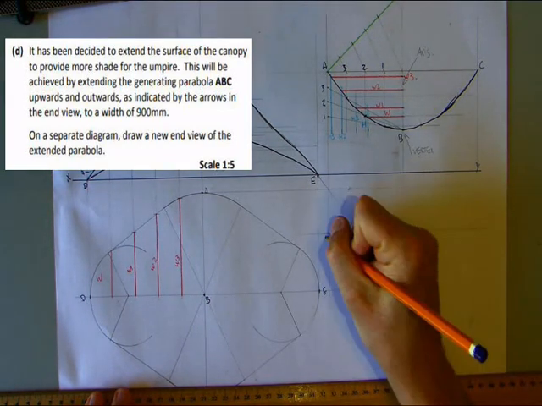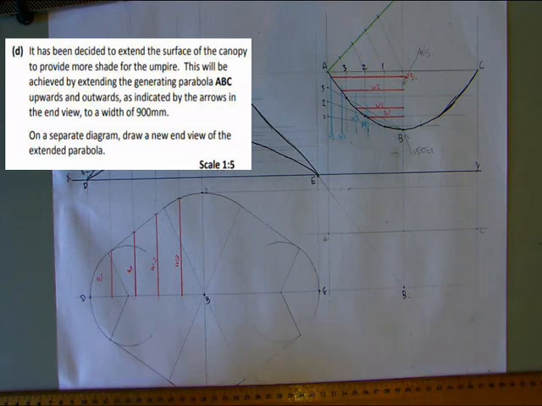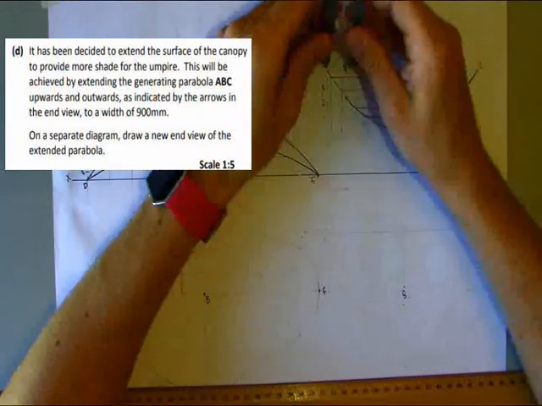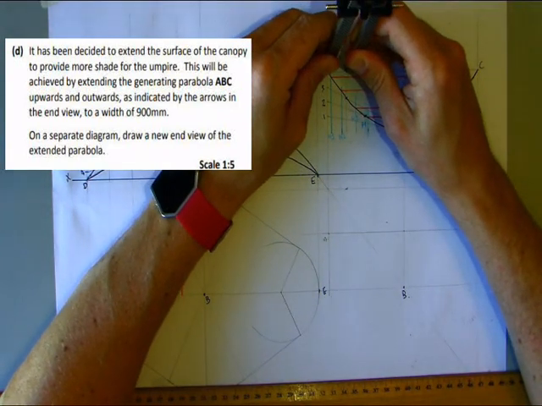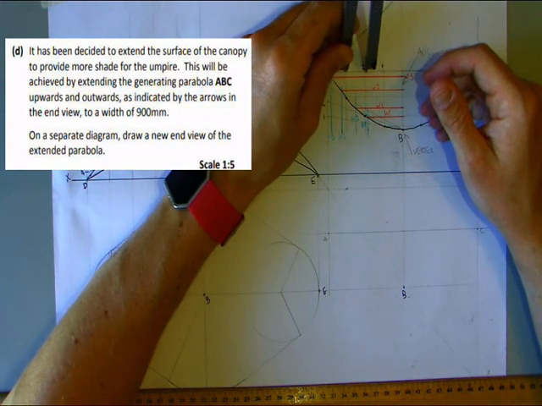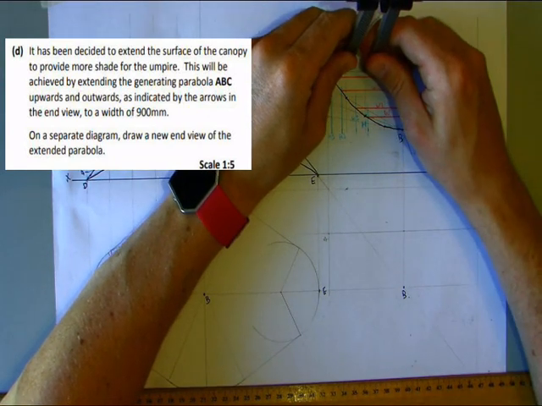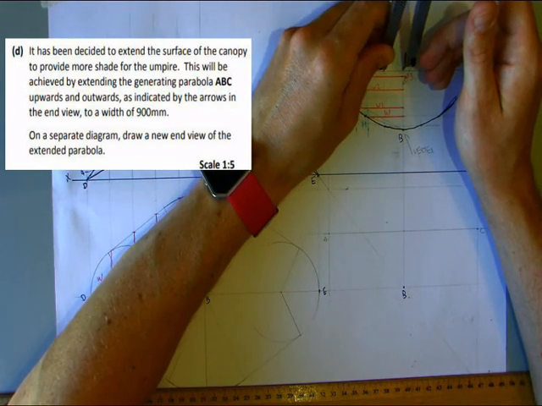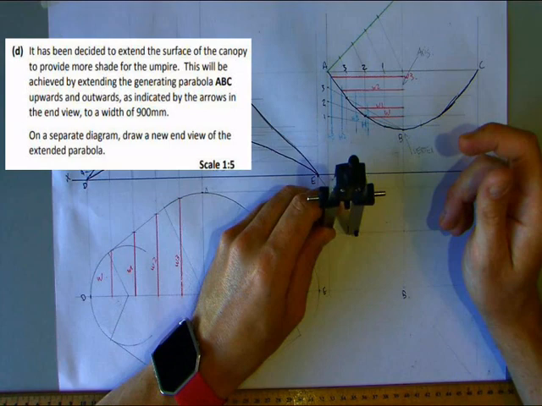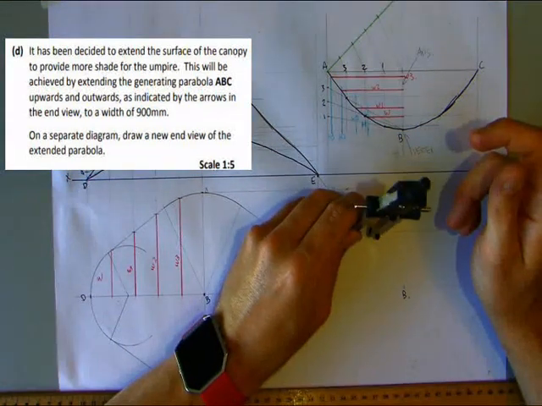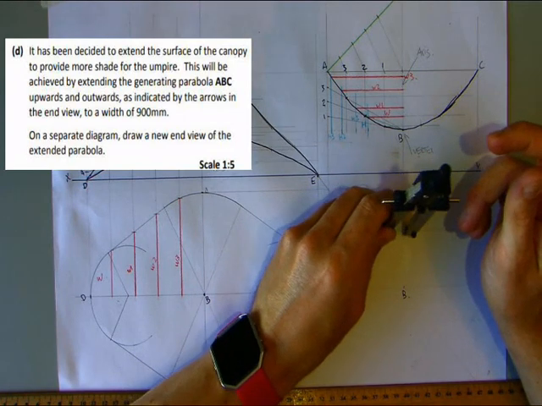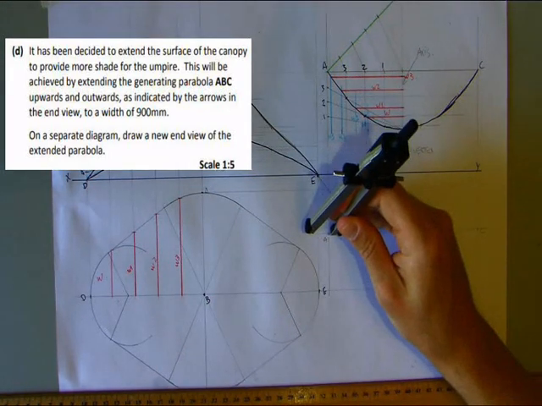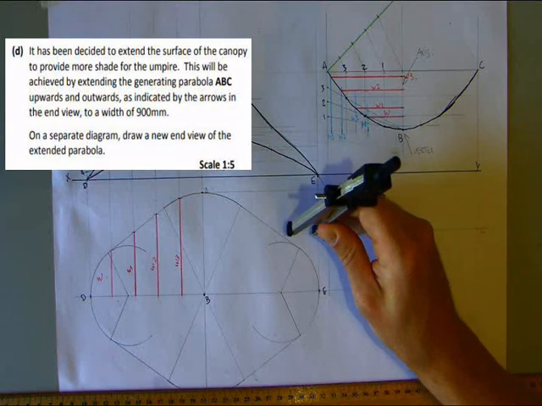And this is our original A, and this is our original C. What I'm going to use is the same divisions as I did in this question here. So if I take that division there, again, just to double check, that's 1, 2, 3, and 4. So I'm bang on there. If I measure this, go 1, 2, 3, and 4. Okay, and keeping that measurement, I'm just going to add 2 more here to the outside